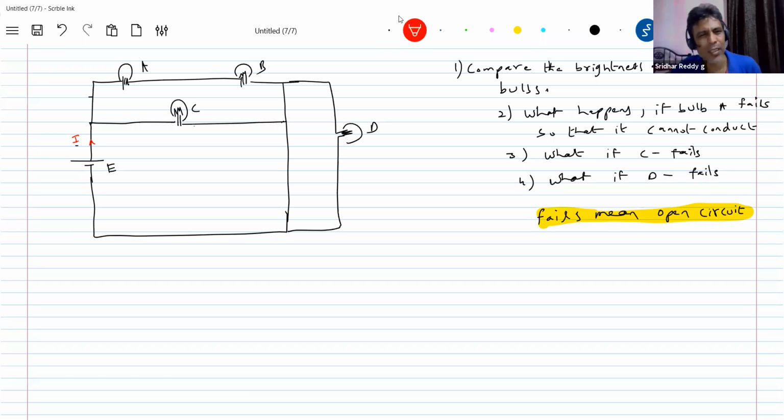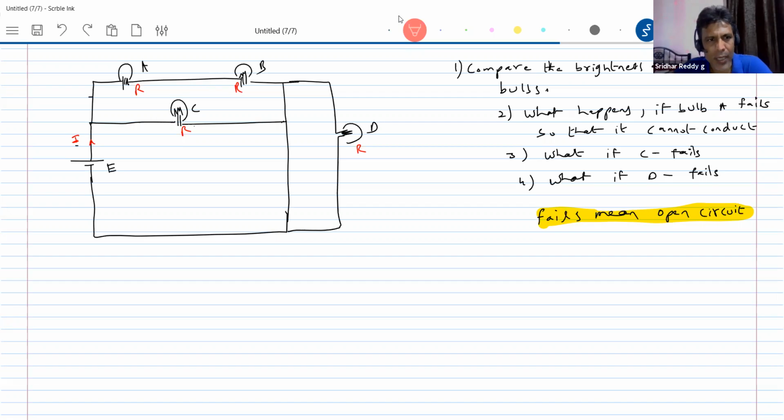What do you mean by that? All the bulbs will have the same resistance. Yes, all must have the same resistance: R, R, R, and R. Now the current I, so it's as good as 4 resistors connected. If you find it very difficult, in place of bulb, you replace the resistance of the bulb and work out the problem, series, parallel, or KCL, KVL you apply.